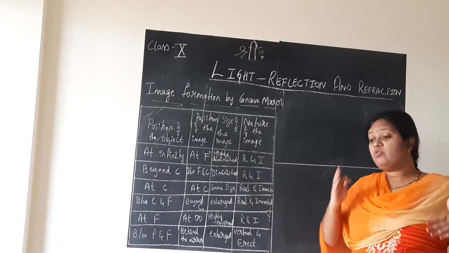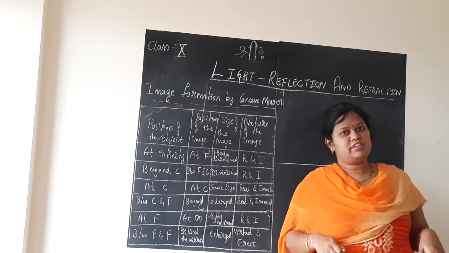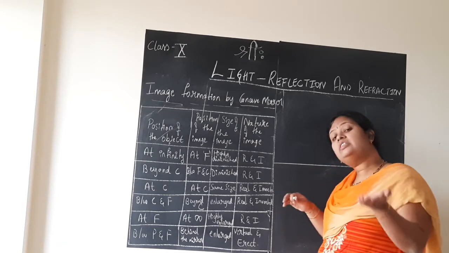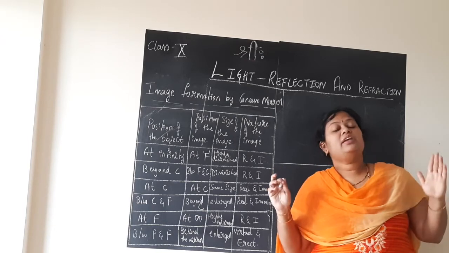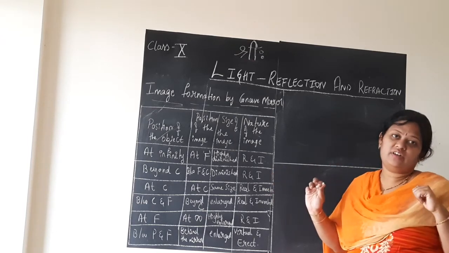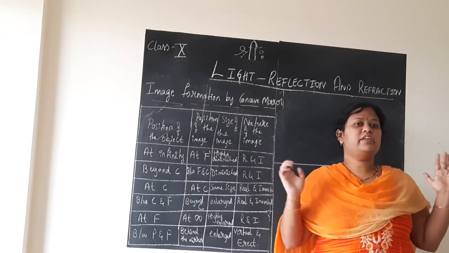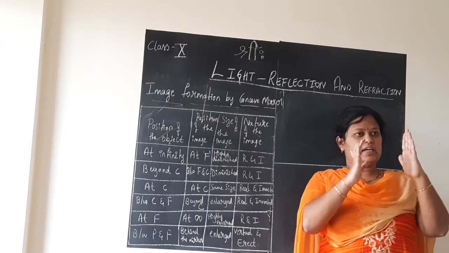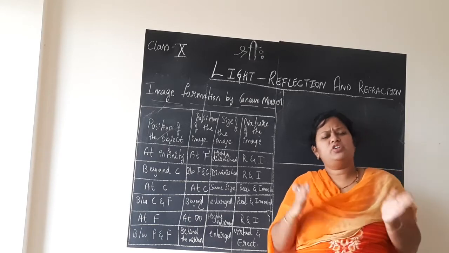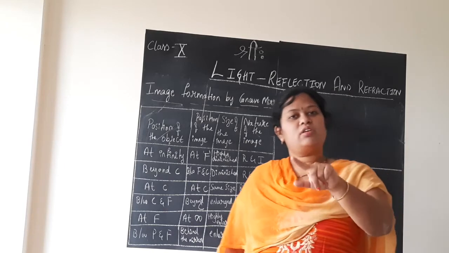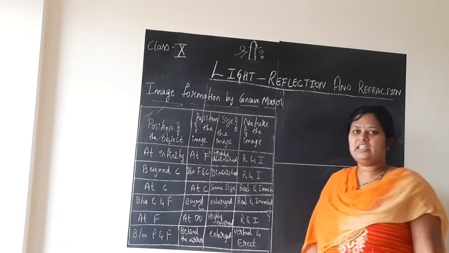Similarly, the image you are seeing is a real image. It is not a virtual image as when you see yourself in the mirror. So real images are always inverted, whereas virtual images are always erect, children. If you get confused, imagine yourself in front of the mirror. You can see yourself straight. Erect is the image, and in a virtual image I see myself straight. So if it is virtual, it is erect; a real image is obviously inverted. This way you will have to remember. It will be easy for you.